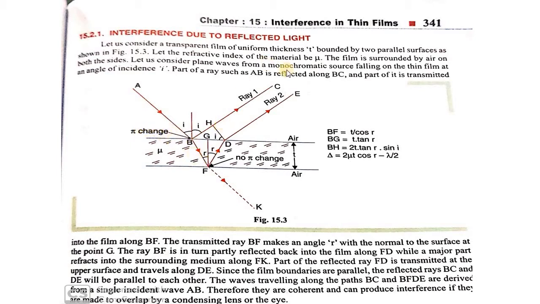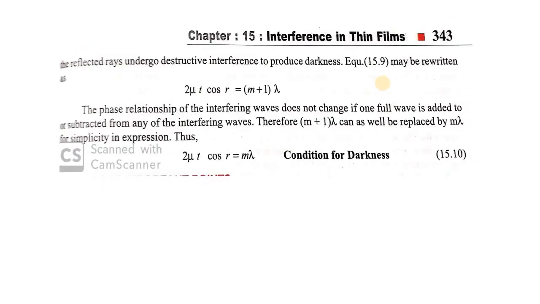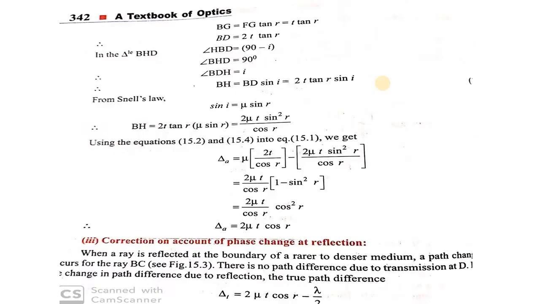Okay, so what you will be getting is interference. You will get constructive and destructive interference depending upon the path difference between these two rays. If the path difference can accommodate a complete wave, it is constructive interference; if it accommodates a half wave, lambda by 2, or 3 lambda by 2, that is, an odd integral multiple of half wavelength, it is destructive interference. Hope you got an idea about what's happening.